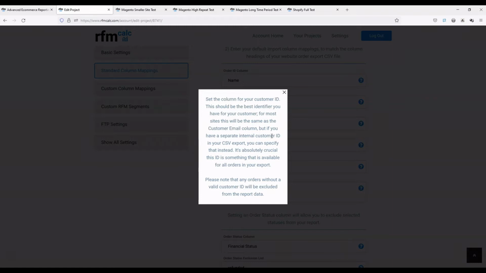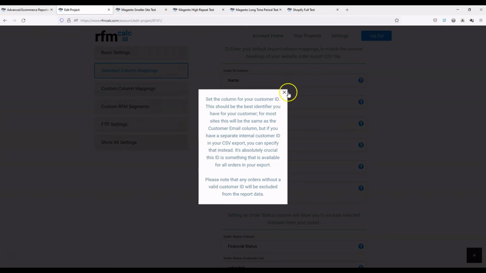This is, as I mentioned, a required field, so we can't and we won't import orders where you don't specify a valid customer ID. If you specify a column and that column is blank on particular rows for orders, we'll just ignore those, because it's so crucial that we understand the customer identifier that we don't try to process rows that don't have one. So it's a required field when you schedule a report. It's very easy to set, and like I say, every e-commerce platform will export this in some form,